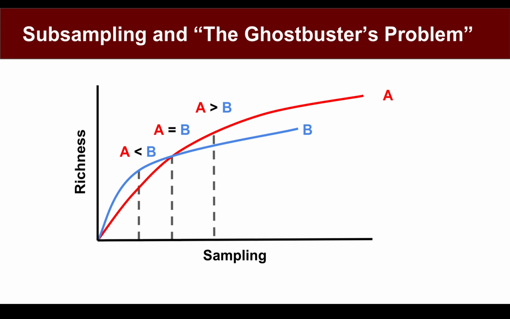So if you want to know which is true, probably in this case we would be happier that A is more diverse than B, and that's because we're able to sample far enough to see that they are clearly diverging. They wouldn't cross again in the space if we continue to sample, if we continue to increase things going to the right. But it's important to bear in mind that in reality we may not have got to that second dash line. We may have only sampled enough of our curve to be in the A is less than B